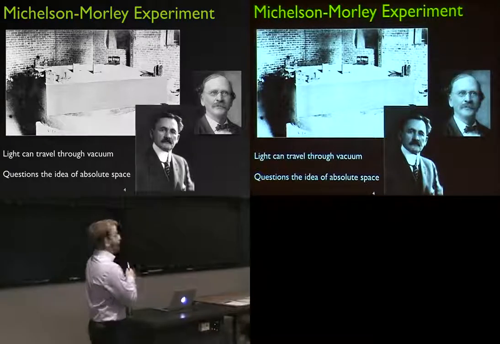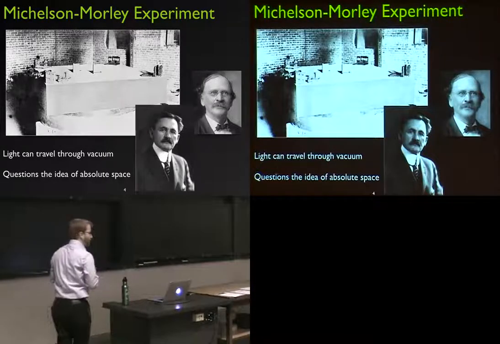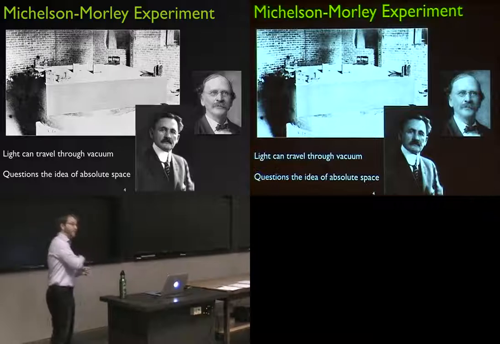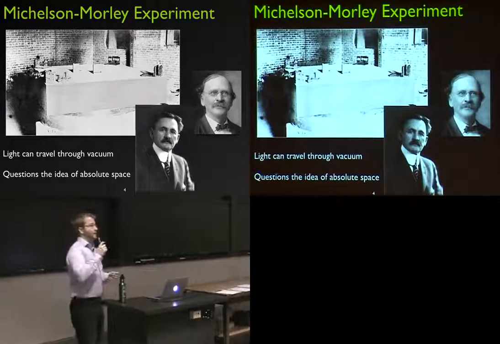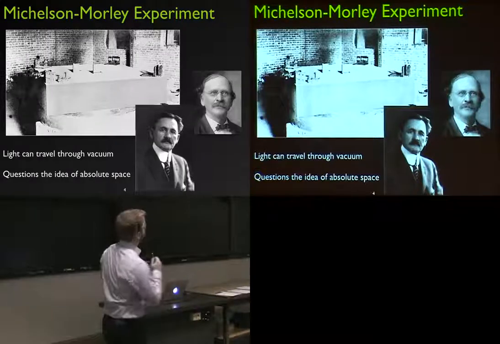The Michelson-Morley experiment, originally designed as an experiment to detect the ether, to show once and for all that the ether is there, found that it actually wasn't there. And it found it in successive experiments that Michelson did with more and more accuracy. They proved that there is no ether.